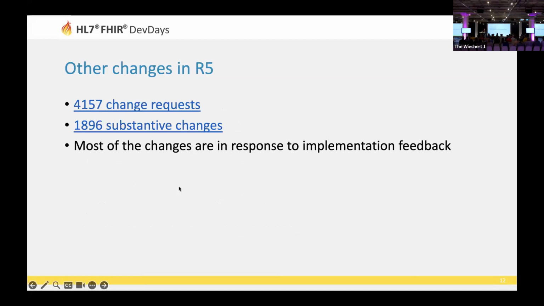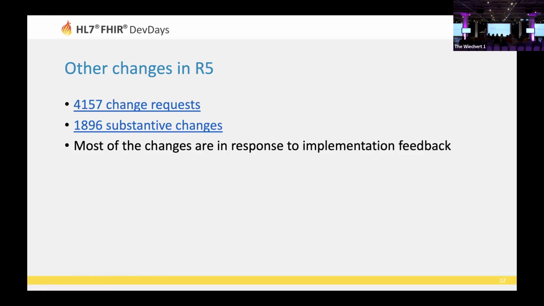So, as I said, lots of changes, and most of these changes are in response to implementation feedback. So you should look at them. Even if you're implementing R4, you should go and look in R5 and see what we did to this in R5. You might be wondering how to use a field, or it's not really clear how your use case works in release 4.